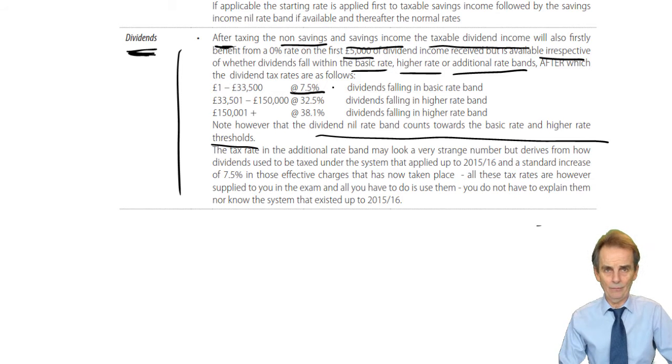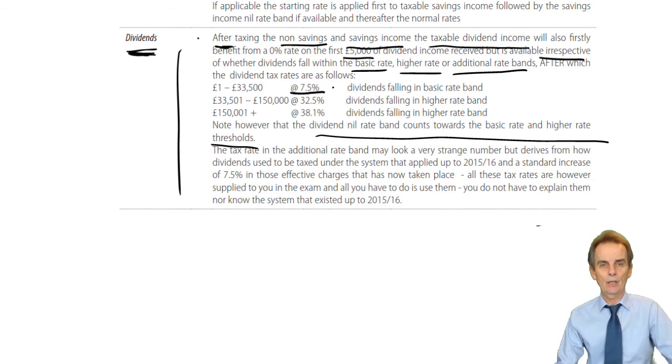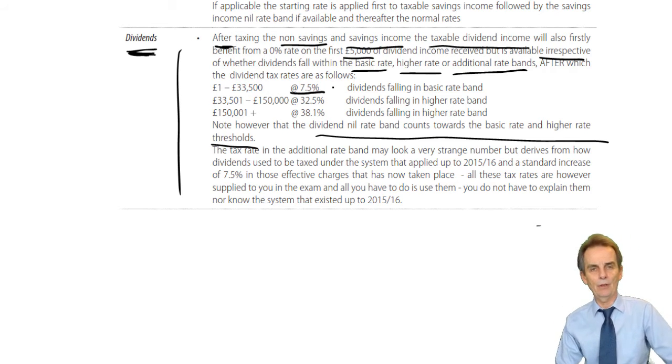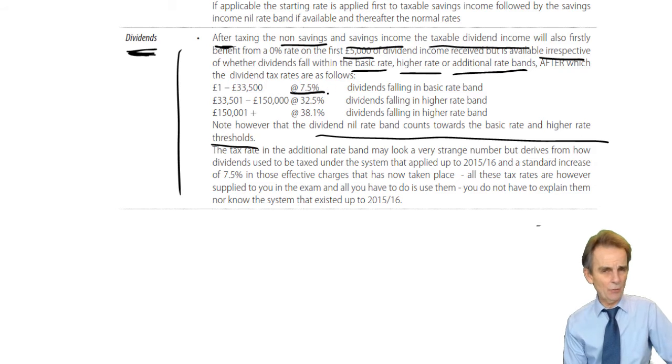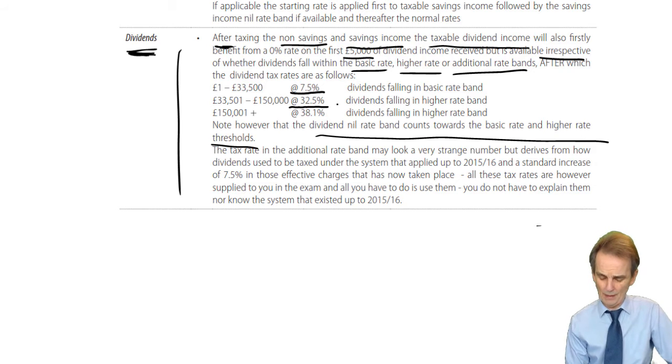That 7.5%. But if some of that dividend above £5,000 has gone above £33,500 of total taxable income, then you're up into the higher rate band. Go further up into the additional rate band, over £150,000, and we see different rates yet again. Suddenly those tax rates change to rather more serious numbers, from 7.5% to, in the higher rate band, 32.5%. And if you get into the additional rate band,